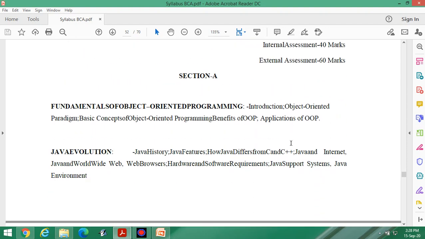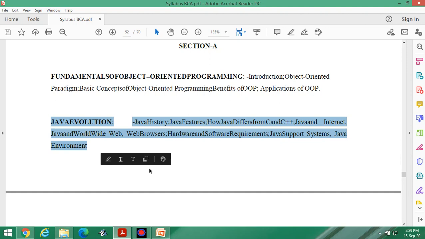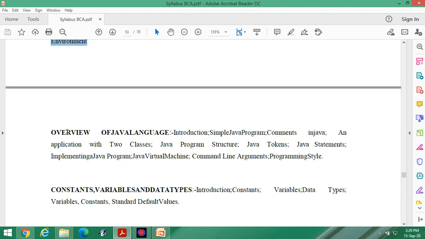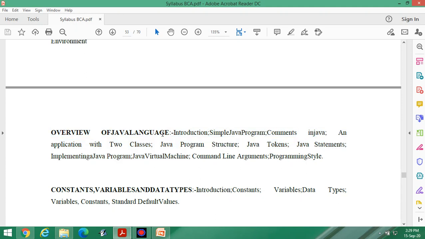I have already completed the first unit, the second unit, and up to Java Virtual Machine, the third unit.